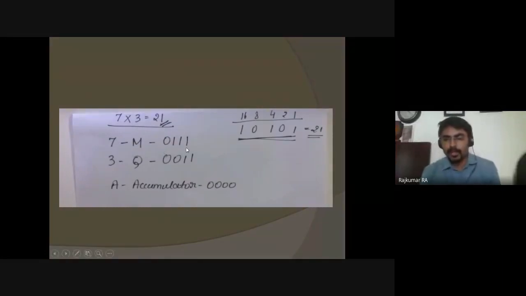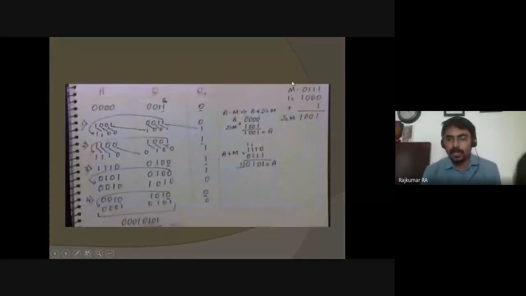So for that we have to do the 2's complement of m. Now 0111 becomes 1000, that's called 1's complement, and plus 1, that's called 2's complement. So 1001 is actually the 2's complement of m. That's what it is equal to, minus m. Now you just add these two, because we already know the four zeros, and 1001.